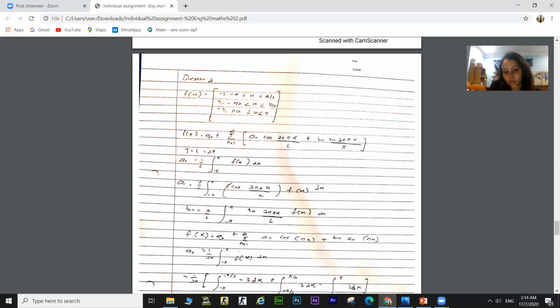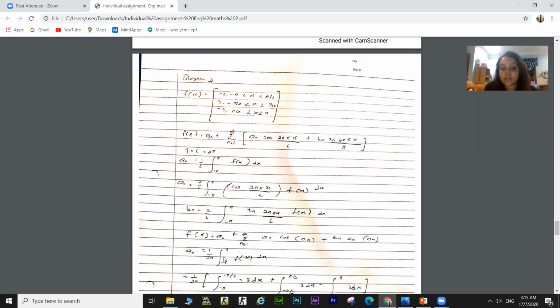Then we take f(x) and put f(x) equals a naught plus the sum from n equals 1 of a_n cos(nx) plus b_n sin(nx). So we just sum up a_n cos nx and b_n sin nx, which are the values of a_n and b_n. We combine them when it comes to f(x) equals the method, and a naught equals